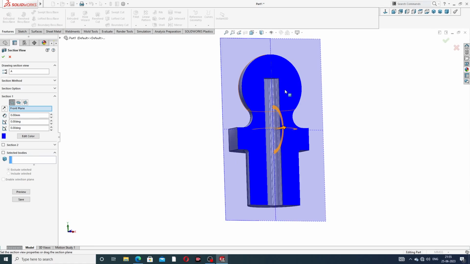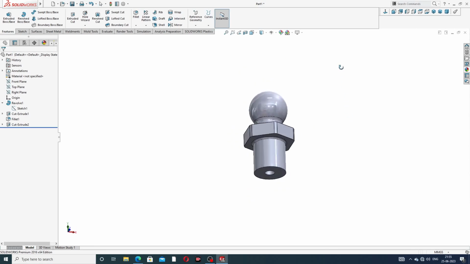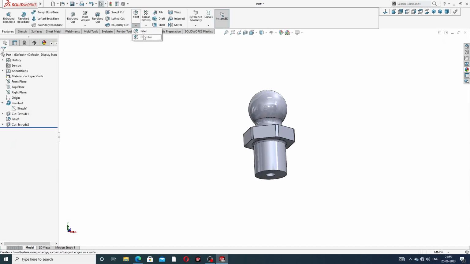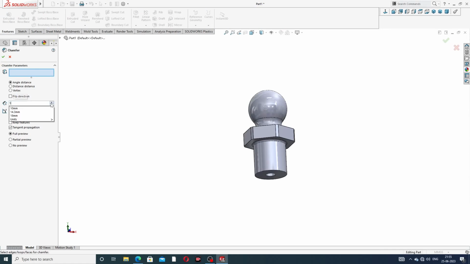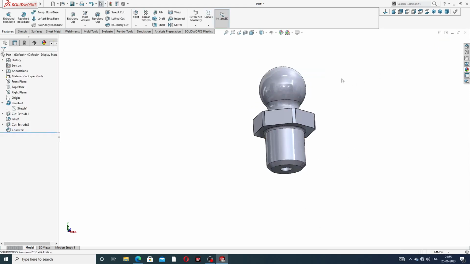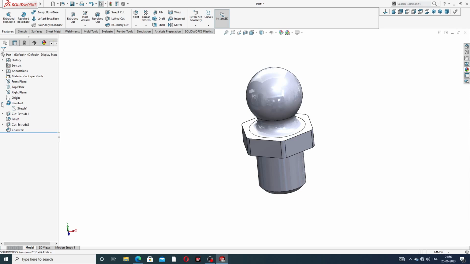And section B is also click OK, and also OK. All is perfect. And use a chamfer. Use a chamfer of 1 millimeter, and click this, and click OK. And next is use a